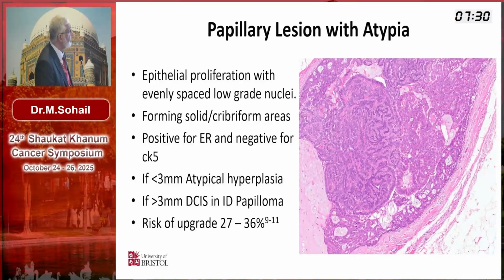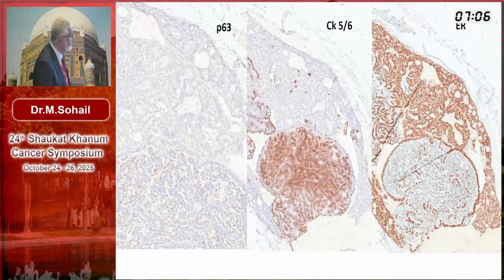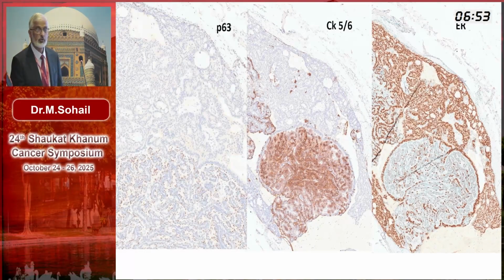But if you see a larger papillary lesion, part of the core, where you can see that there is an intraductal papilloma lined by two cell layers, but in some areas you are unable to see the myoepithelial cell layer itself. And the cells show quite a florid proliferation over there. In such cases, usually we do immuno. And with immuno, for example, over here, you can see that this portion which I was showing you is a benign intraductal papilloma. But in this area, where there is a florid ductal epithelial proliferation, CK5/6 is uniformly negative, and ER is uniformly strongly positive.